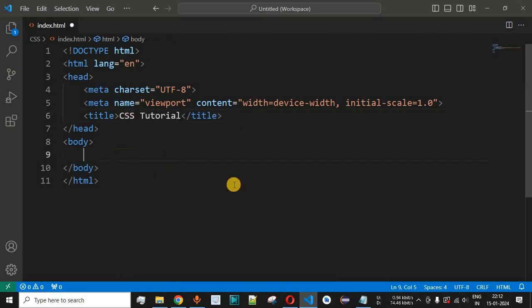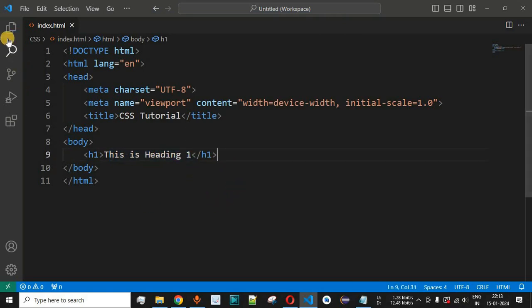And apart from this, inside the body we are going to include just one element, that is h1, which is a header element inside HTML. So guys, if you are not aware about the HTML elements, I would recommend you to go through my other tutorial playlist related to the HTML tutorial videos, the link to which I have given in the description section below. So over here we will say this is heading 1. So guys, basically this is the text that will be displayed inside the web page when we are going to open this particular web page.